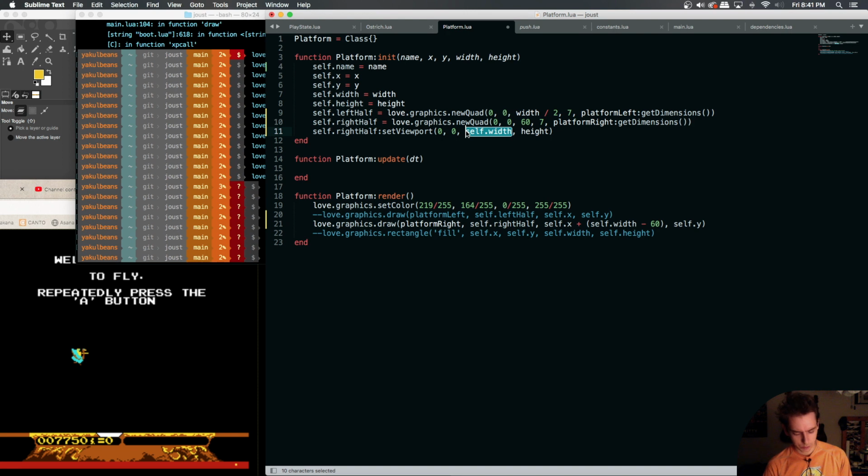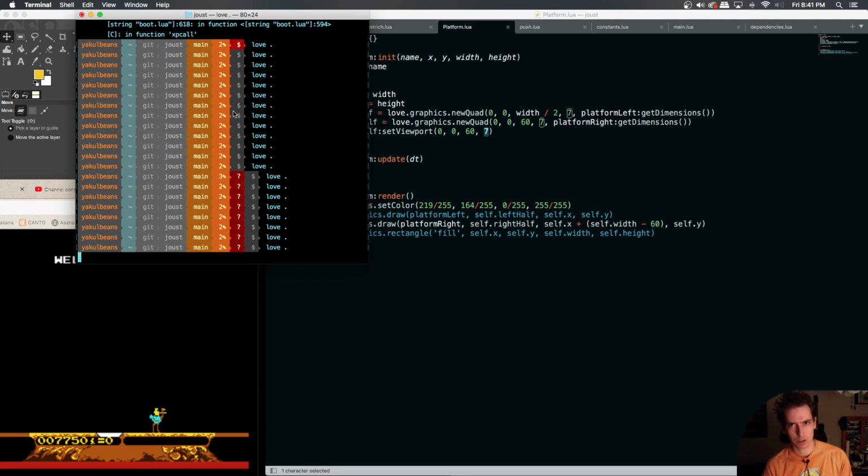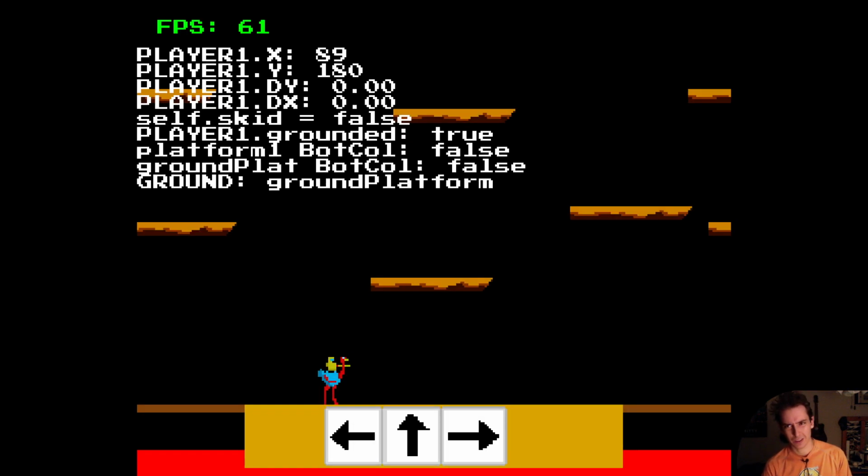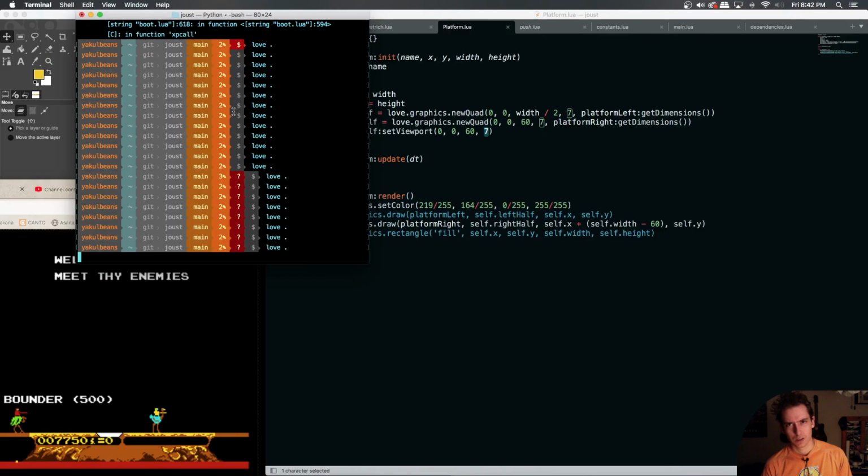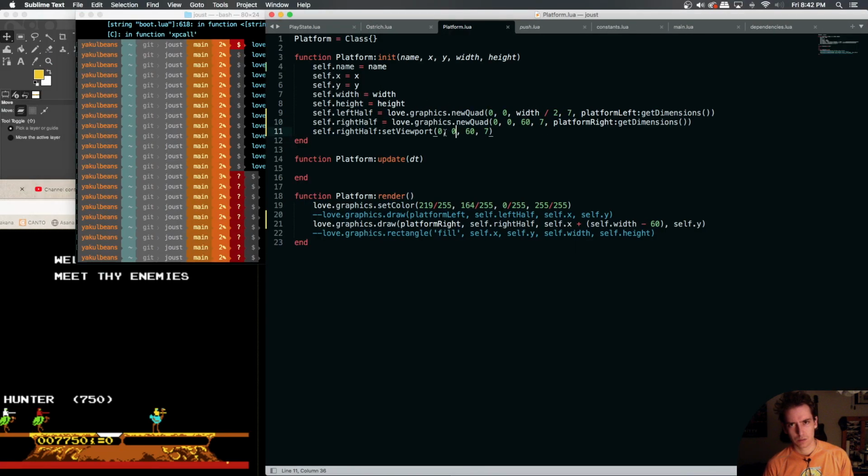I would think that this would not change the viewport. This would just be setting it to what it currently is, because we're saying set the viewport to the top left of the image of the texture, and the viewport's width and the viewport's height same as the texture, so it shouldn't change anything. Okay. So now if we change this to 10,